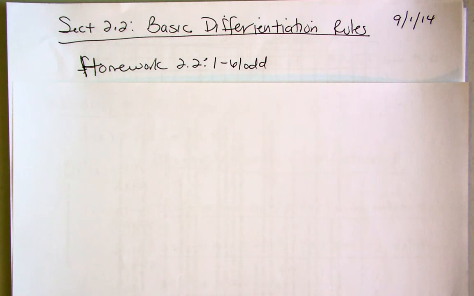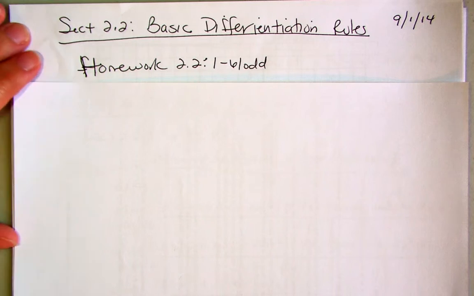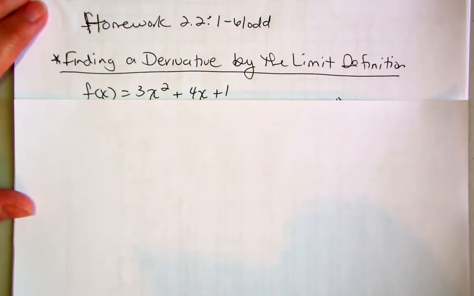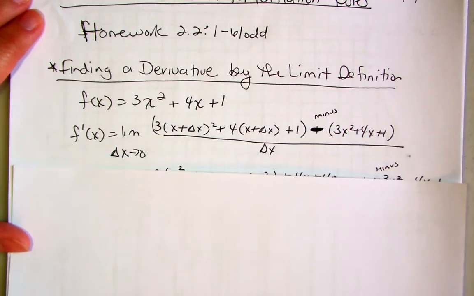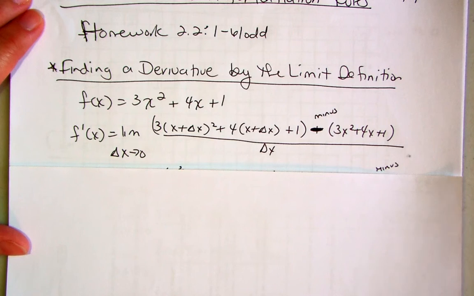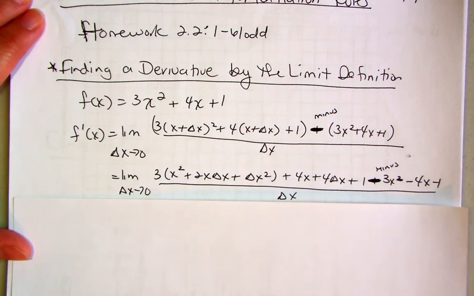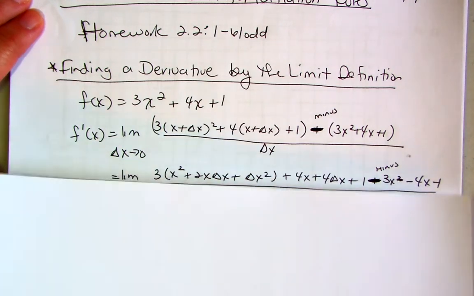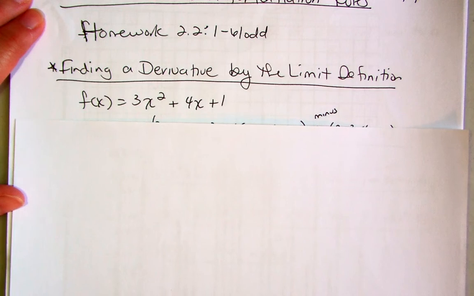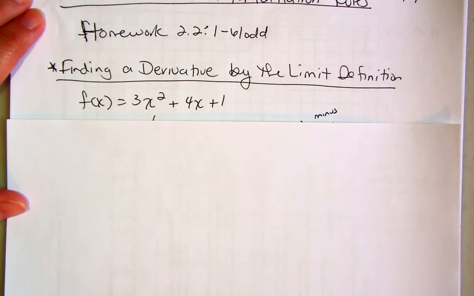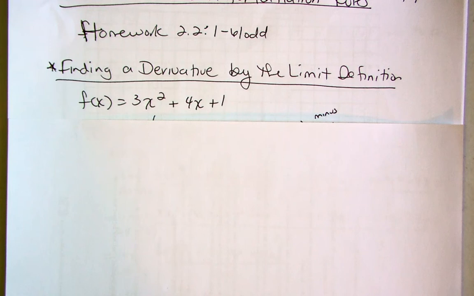Today's video is on section 2.2, basic differentiation rules. Your homework from 2.2 is 1 through 61 odd. So this is going to be a lot of notes. It's not that it's that difficult, it's just a lot of notes because I need to give you all the rules. So what I'm going to do is, this is what we've done already in section 2.1, finding the derivative